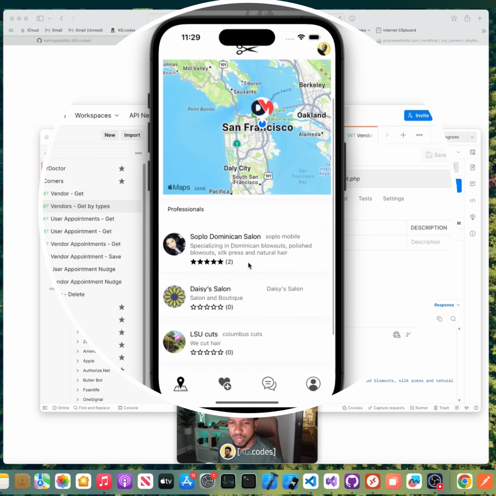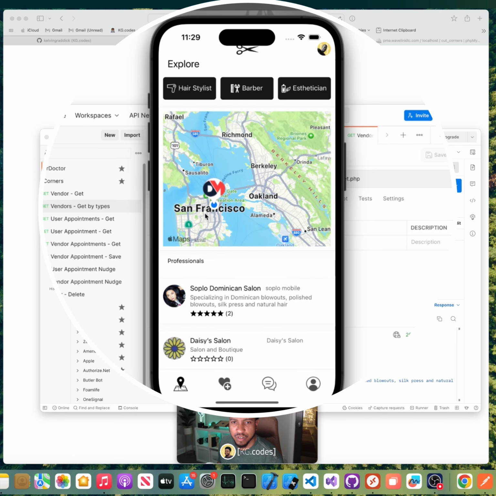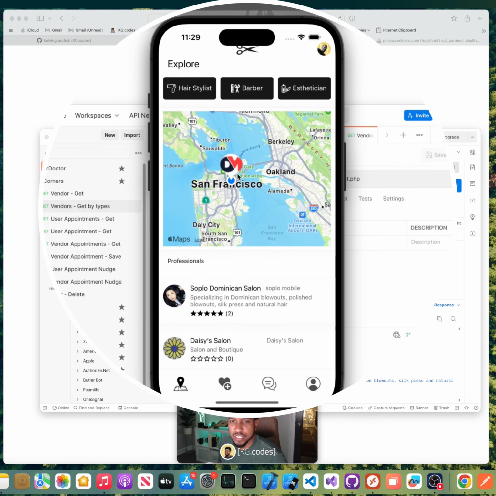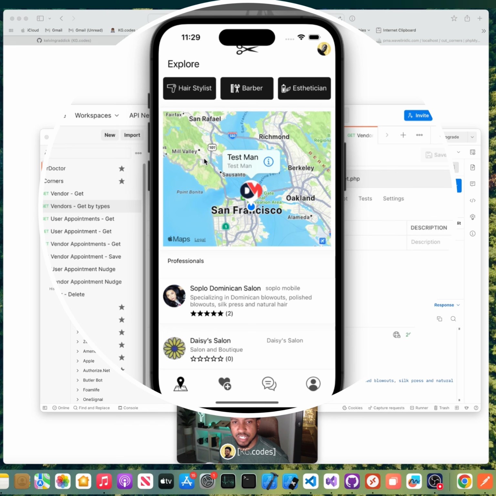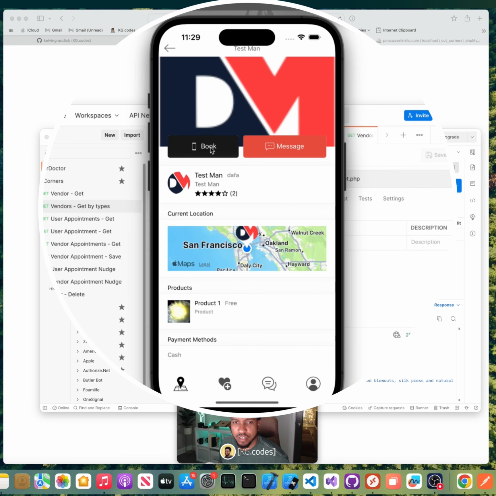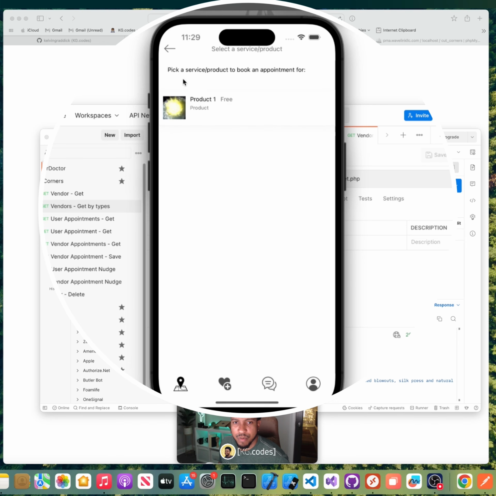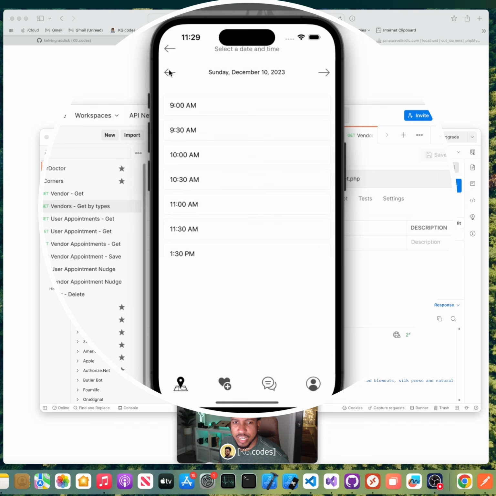I do plan to do some updates to the UI. It's been a couple years since I worked on the UI, but how it works is that this home explorer screen has a map that zooms into your location, and you can see the different vendors and click on them and go to their page and see what they're about. You can book an appointment with them, pick a product that they have, book an appointment on a certain day. I'm not gonna do it, but you can do that. You can message the vendor, I have a conversation with them,